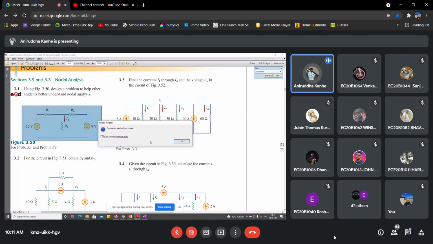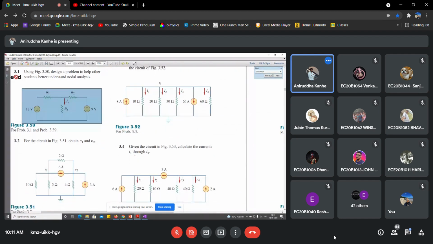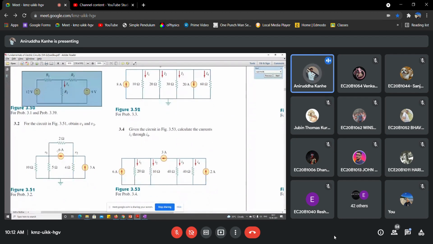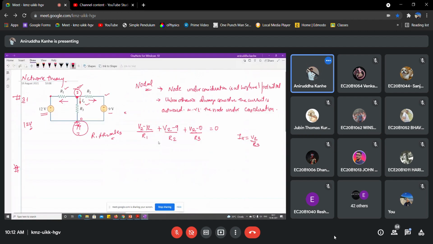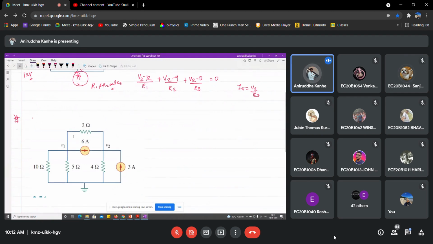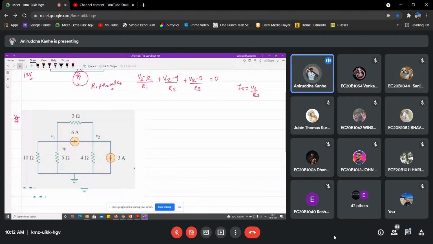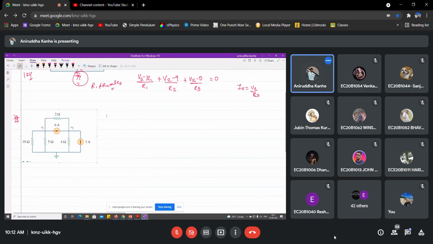Now let's go to the second question. In this way, you need to solve all the unsolved questions which are given here, right? Next, we can solve for this. Is this method fine? Because of this, you'll feel some confidence about your subject also, that you are able to solve the unsolved questions from the book directly. Okay, let us take this.